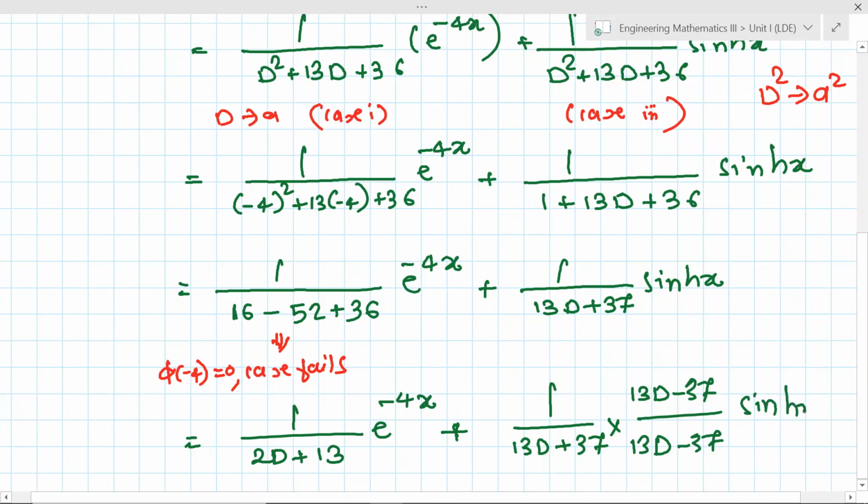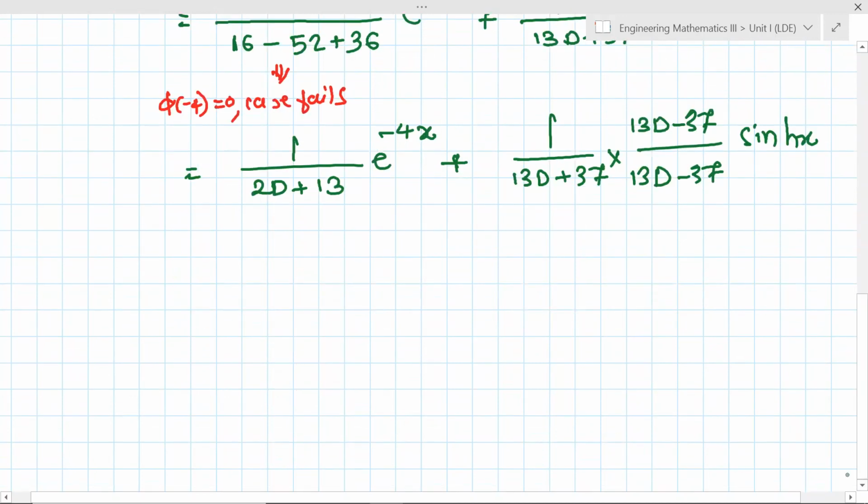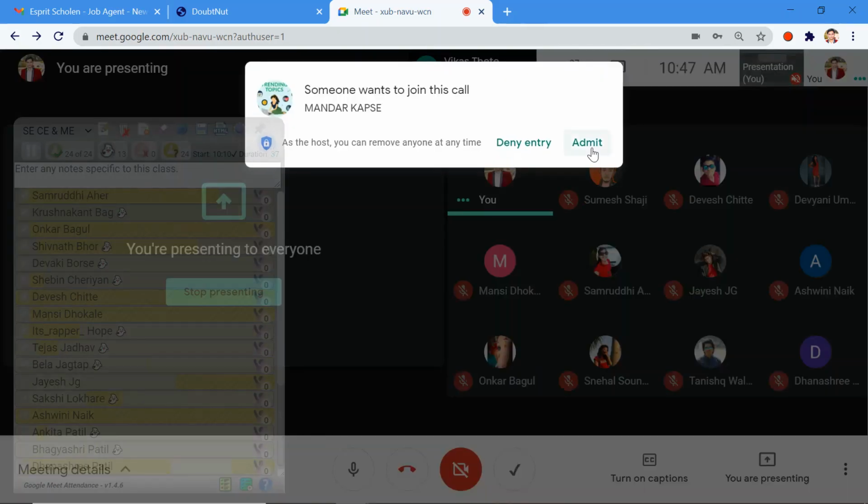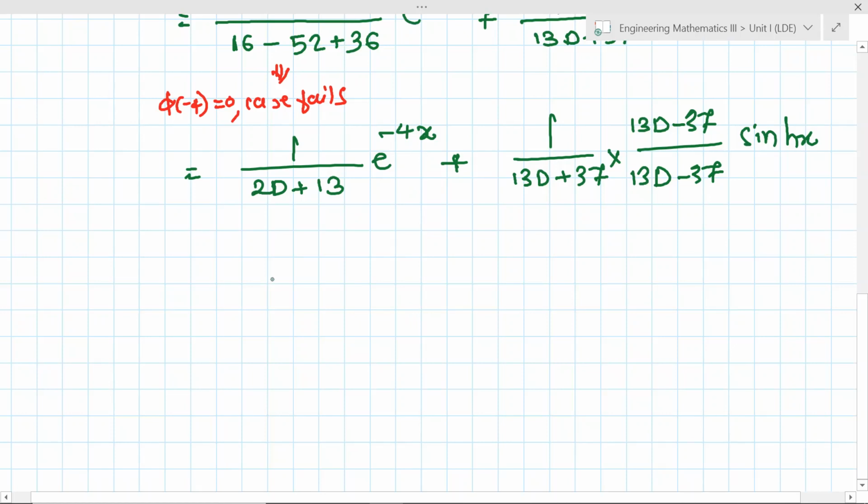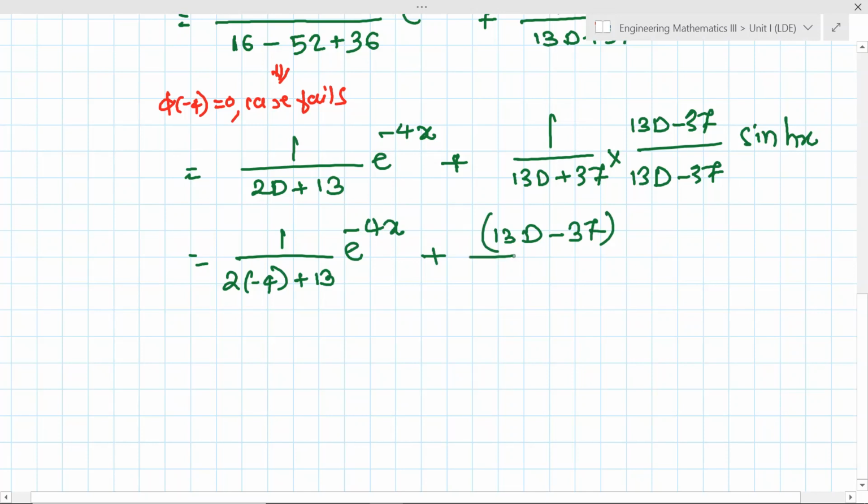Rationalization to get the D square in the denominator, isn't it? Now replace D by a. So this is nothing but 1 upon 2 into minus 4 plus 13, e raised to minus 4x, plus 13D minus 37 divided by,